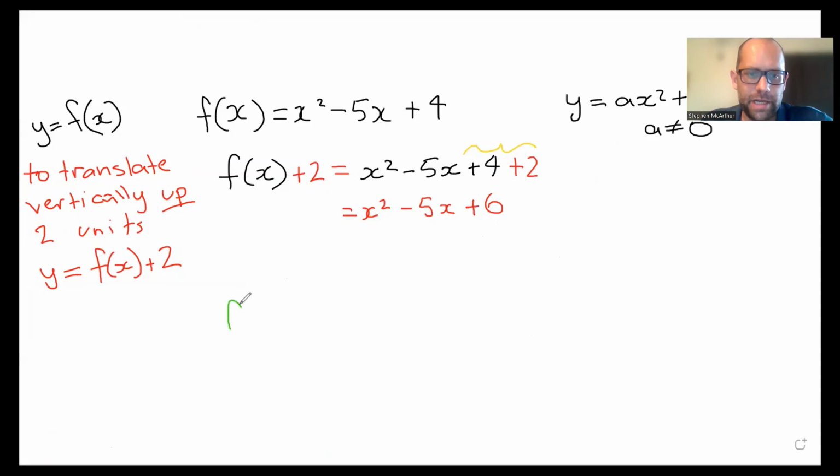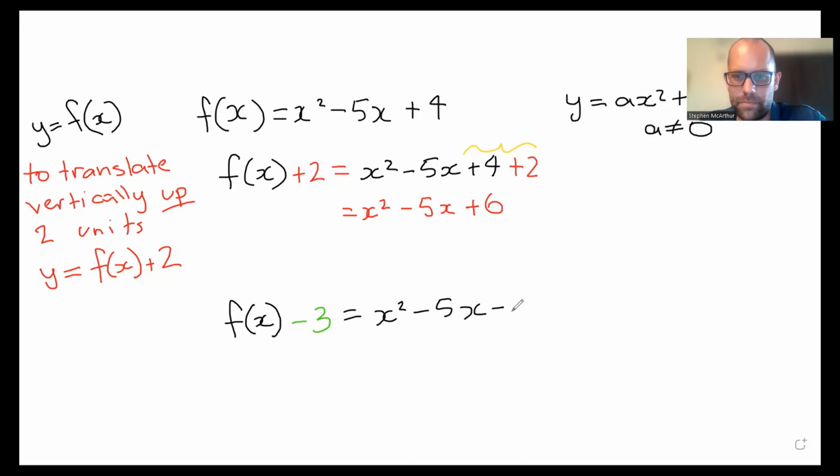And if I wanted to go down, just as an example, I could say, oops, back. Let's do that a bit in black, so it's really obvious. F of x, if I wanted to go down some number of units, I could go minus 3. And x squared is the original, minus 5x plus 4 is all part of the original function. The minus 3 is new, it's at the end of the function, and we can get a new function for ourselves,